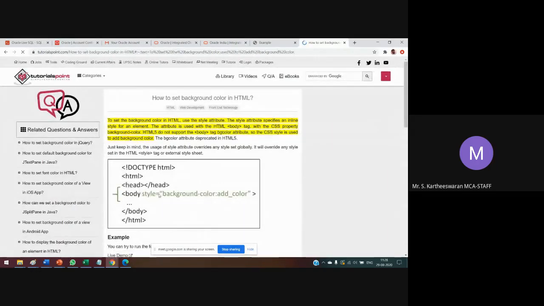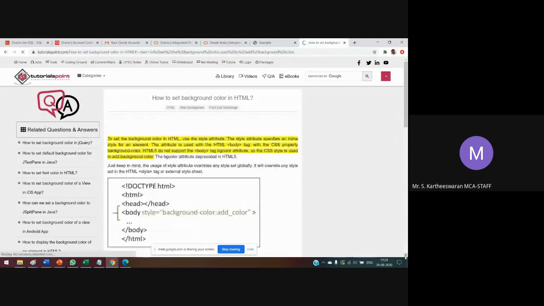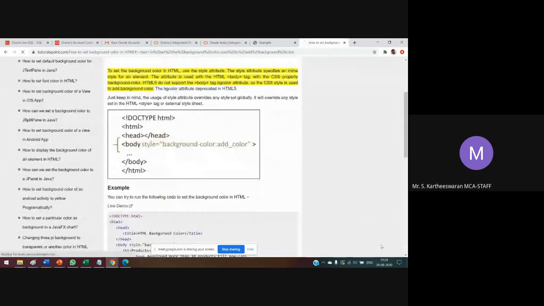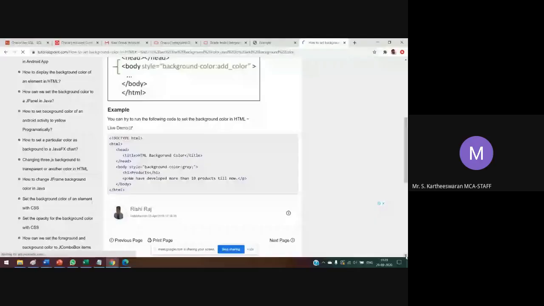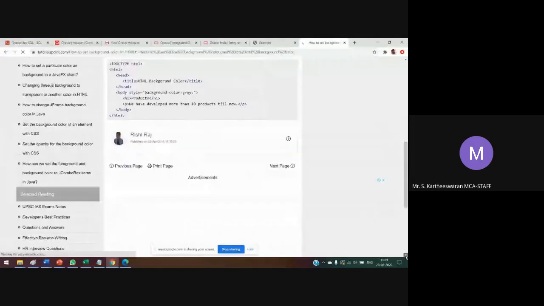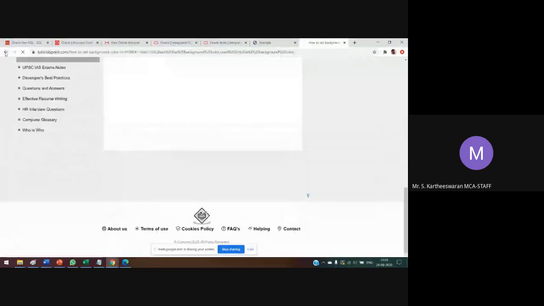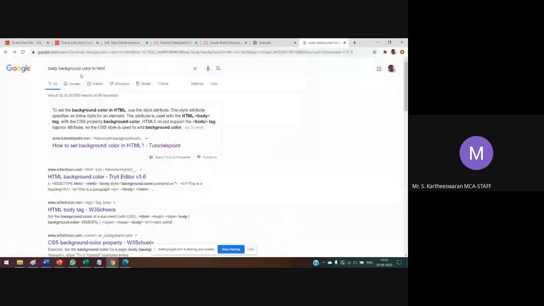Body style background color. Here use style equal to background color equal to gray. Not using the other color.